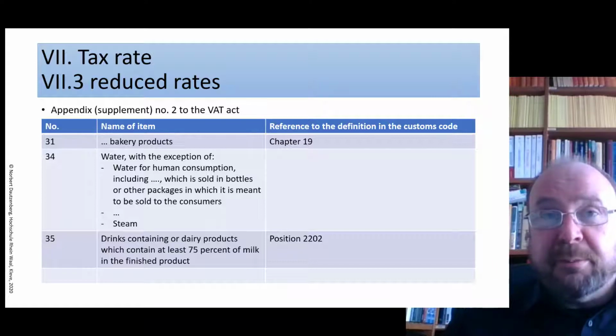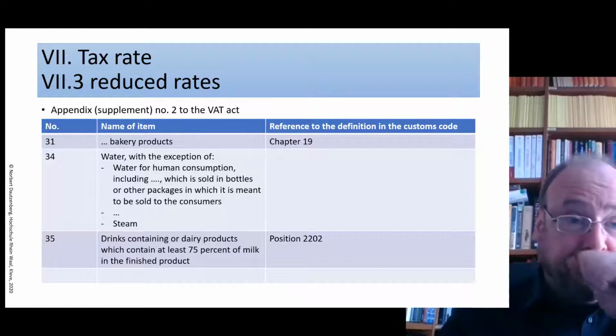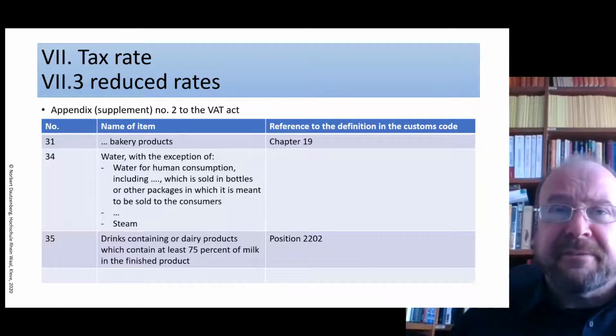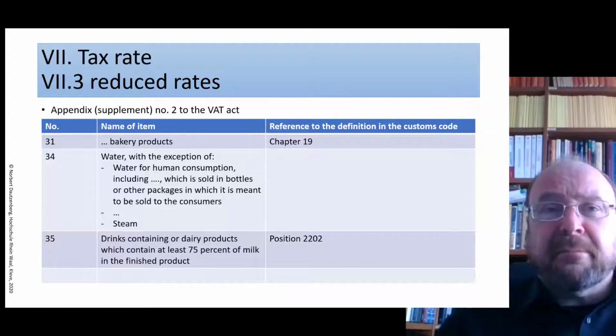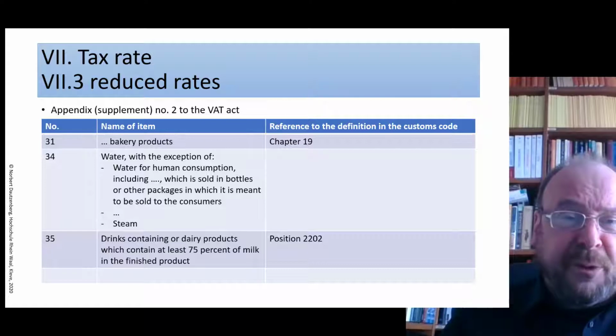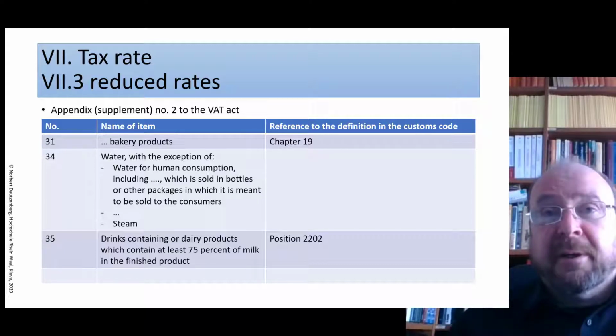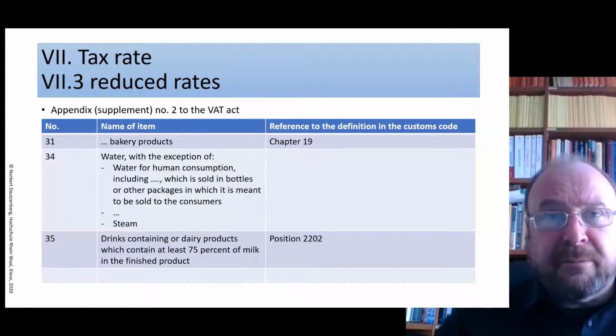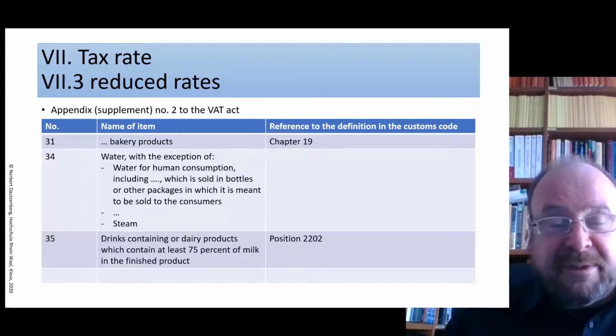Water, but again in the poor people's version, so not if it's packed in bottles or other Tetra Paks or other packages which are meant to be sold to the consumers in that form, because that's already an unnecessary luxurious variant. Water, what you really need for survival, is the water which comes from the tap in the wall and is delivered by your public institution, or by whatever other institution takes care of providing you with water. Water in the form of hot steam is also not taxable with 7%, but with the